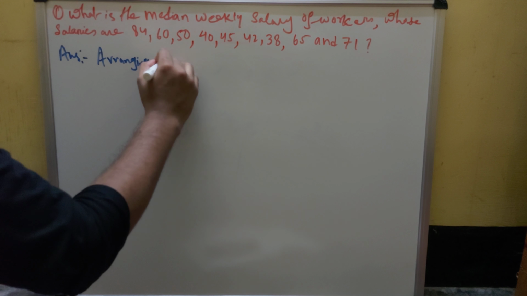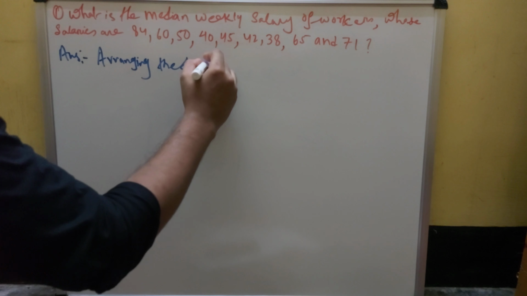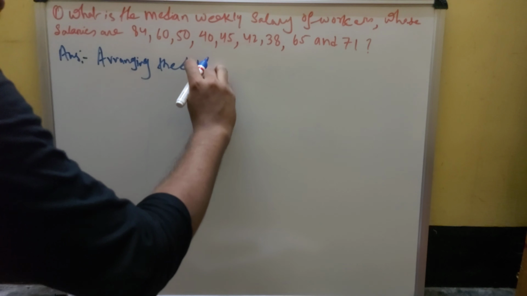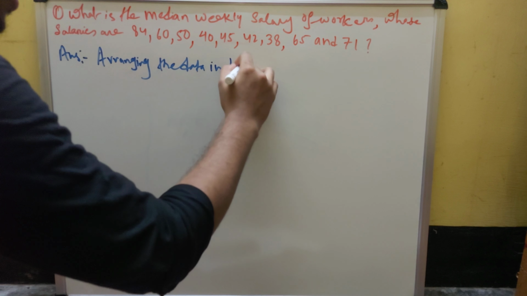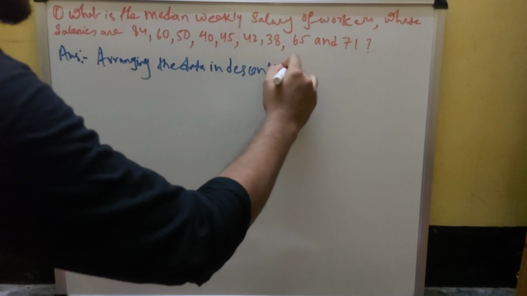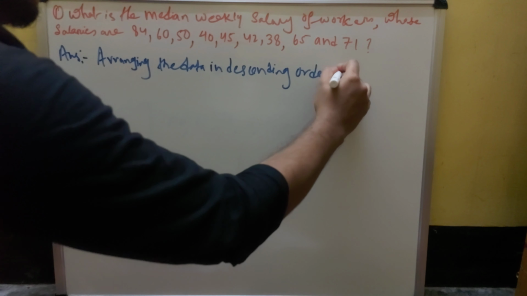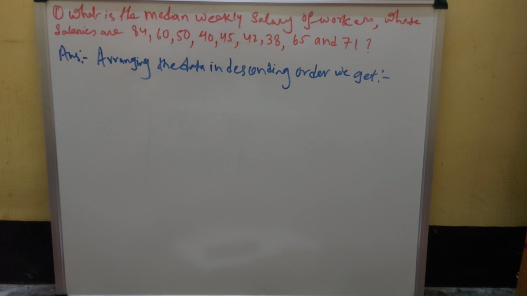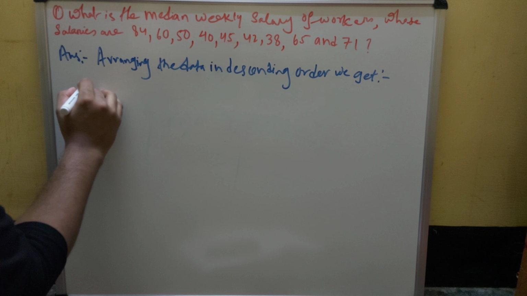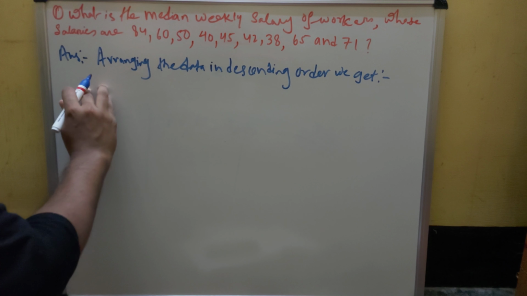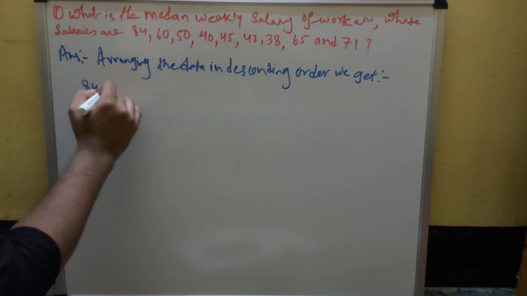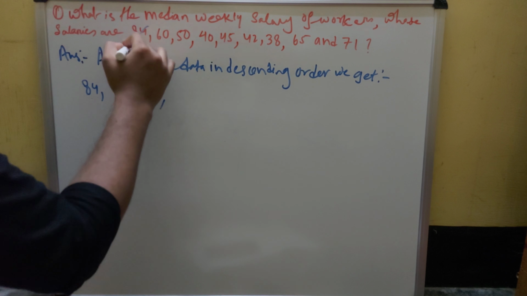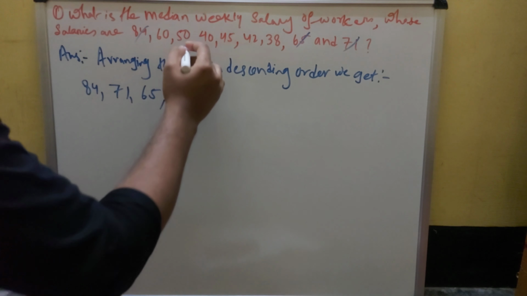Arranging the data in descending order, we get 84, then 71, 65, then